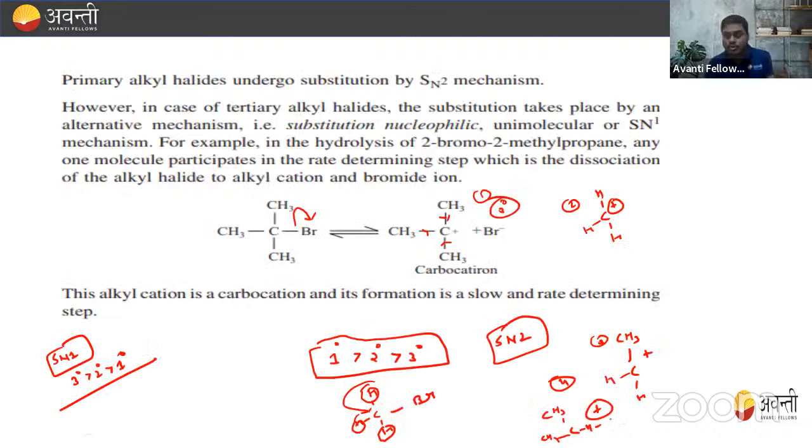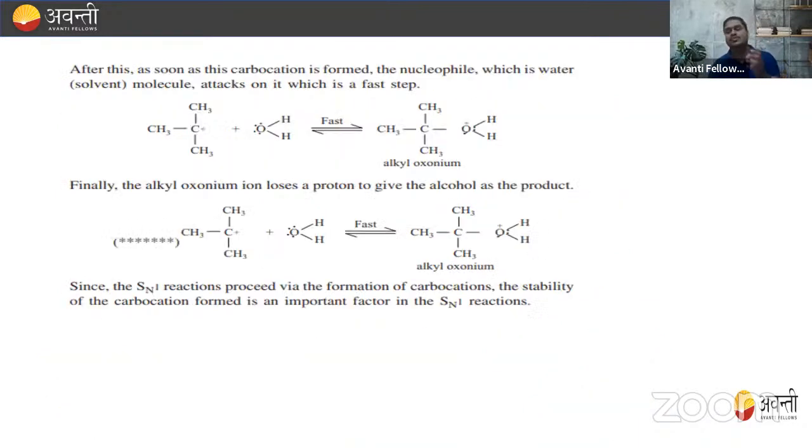Okay, so in the SN2 reaction, what is happening? In an SN2 reaction, back attack takes place. Therefore, if we have a bulky group like a tertiary alkyl halide, then this attack is not possible, right? Because the CH3 groups are very big. So we prefer primary alkyl halides here, because in this only one CH3 group is there, or we say methyl chloride,